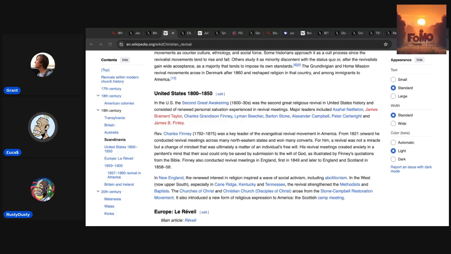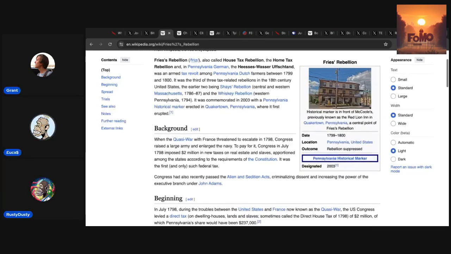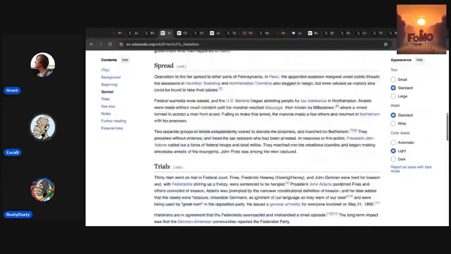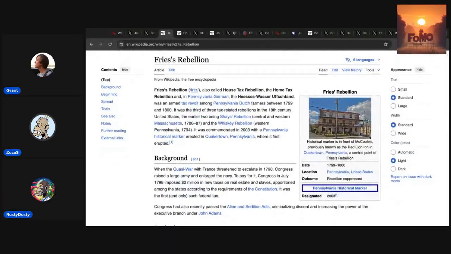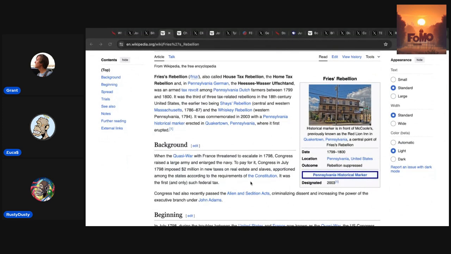Well, it's also like, think about this, like Fries's Rebellion. I don't know if you can pull up Fries's Rebellion. But think about John Adams saying, leading into the Revolutionary War, those damn Quakers, they're pacifists, they won't fight. And by the way, Salmon P. Chase is a Quaker. And then you come to Fries's Rebellion after the Revolutionary War, and it's German farmers in Pennsylvania, and they say, we fought in the Revolutionary War, and we're not paying taxes levied by these Quakers who didn't fight in the war.